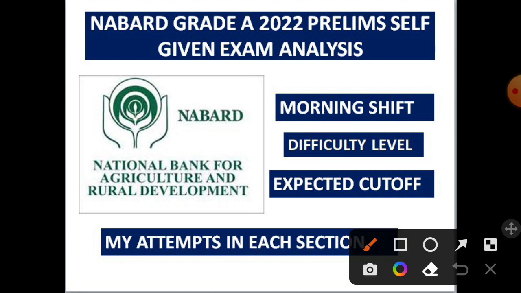Okay. So the first one was reasoning. My total attempts were 13 out of 20. See, it's not like I didn't know the other 7 questions. I knew the concept, I would have tried, and I also had time. But instead of wasting time on this section, where I just need to clear the sectional cutoff, I used the remaining time on the other merit sections.